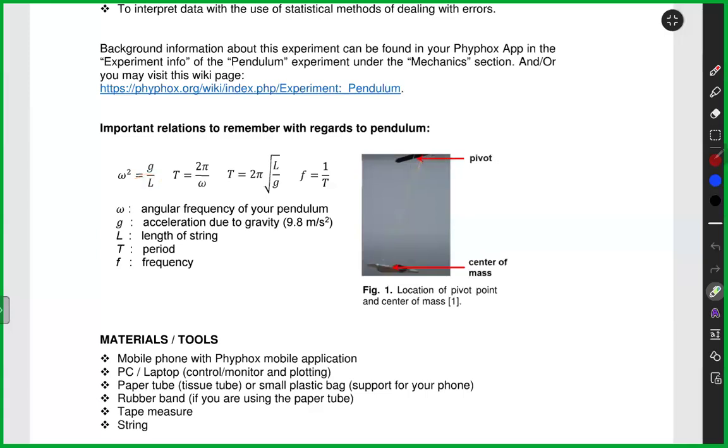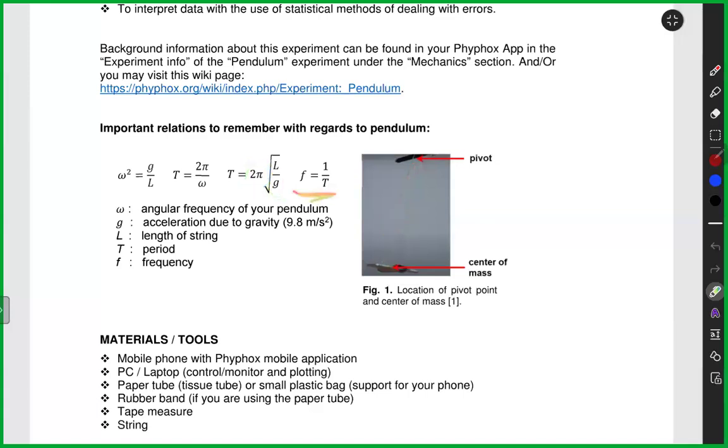that you're going to use. The period, or the time it takes to complete one cycle. So one cycle is when the swing moves from here, going there, and back to the original position. Okay, that's one period. Or it's equivalent to 2 pi over omega if you're given the omega. Or period is equal to 2 pi square root of the length over g, wherein this is the specific equation you're going to use since you're given the length, you know the value of g, and 2 pi are constant.